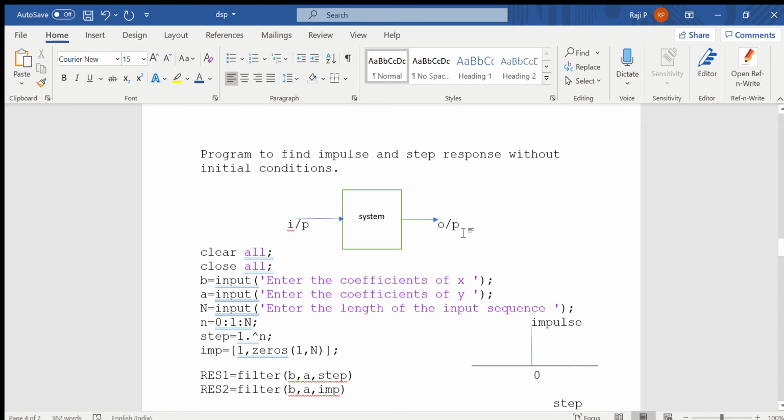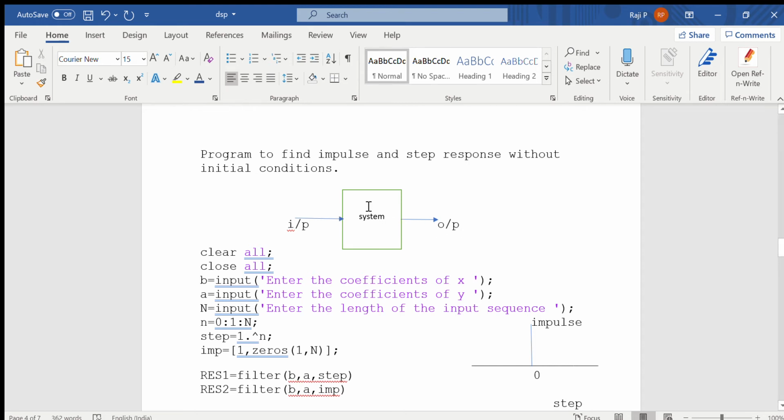Basically a system is expressed in two formats. One is the transfer function, which is the Laplace transform of the output divided by the input, and the other method is the state space model. Usually the Z transform is used to find the signal in the frequency domain, and if you want to convert it back to the time domain, then the inverse Z transform has to be found. This inverse Z transform basically gives you the impulse response of the system.